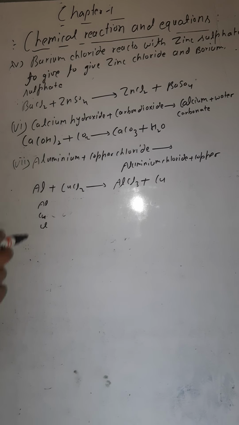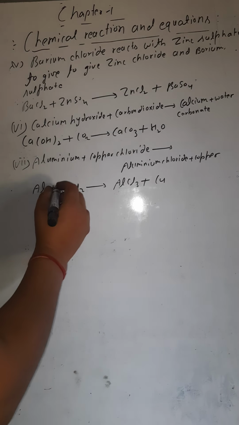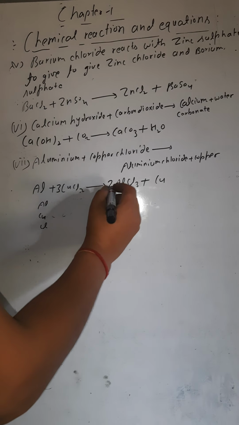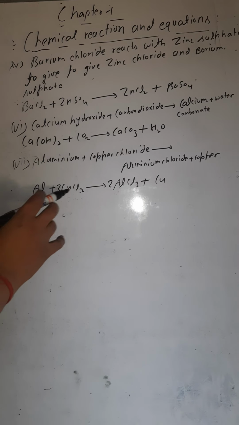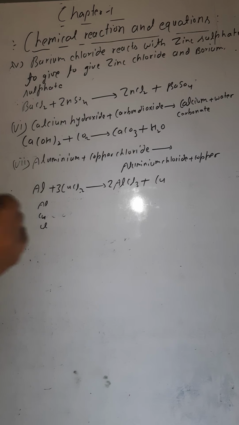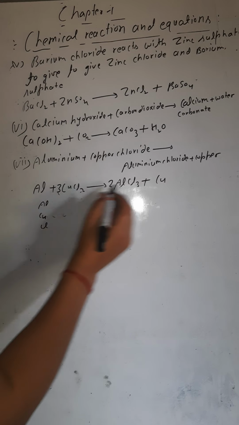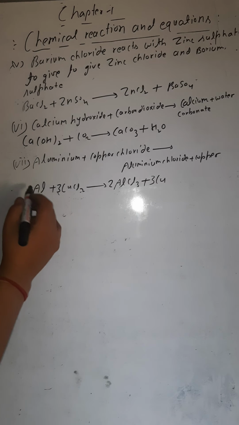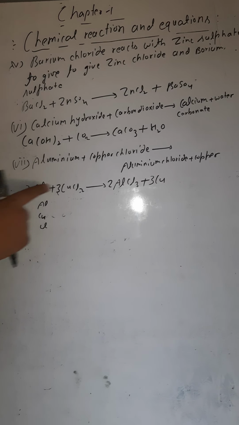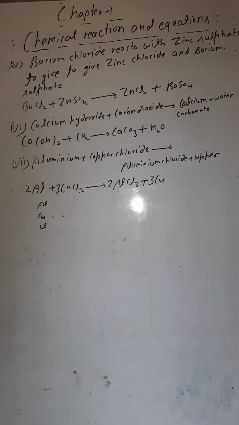Aluminium 1 there, 1 there. Copper 1 there, 1 there. Chlorine, look here, if you see 2 chlorine atoms, here 3 chlorine atoms. So if I multiply here by 3 to the 6 chlorine, and here also multiply by 2, so it will become 2 3 6 chlorine. Chlorine are balanced. But look here, copper has become 3, so here also write 3. But aluminium has become 2 atoms, so here also write 2. All are balanced now. Aluminium 2 2, copper 3 3, chlorine 6 6, all are balanced. So this is how we balance.